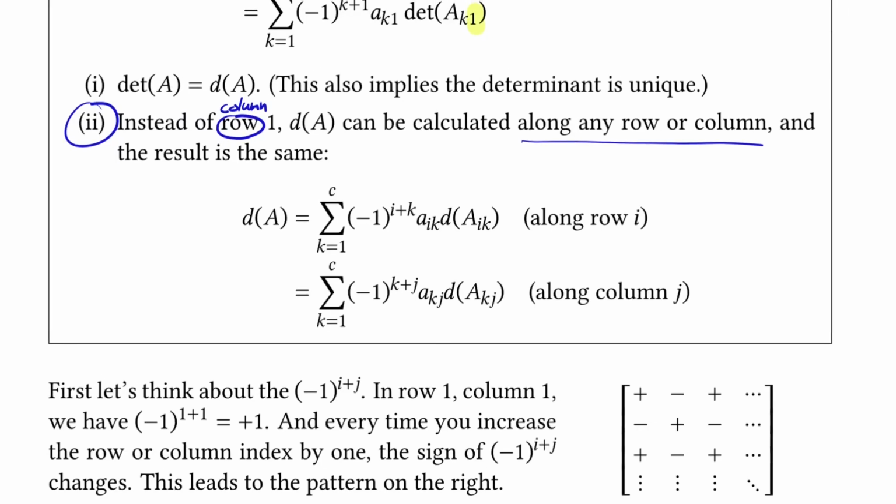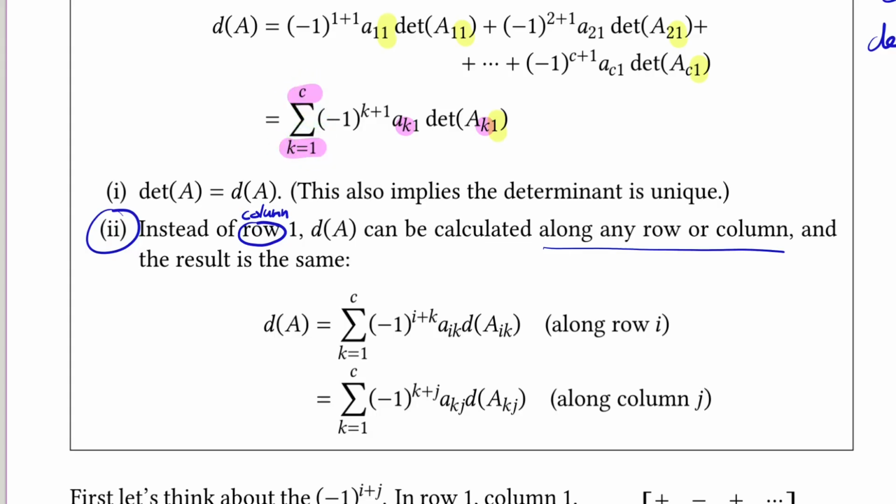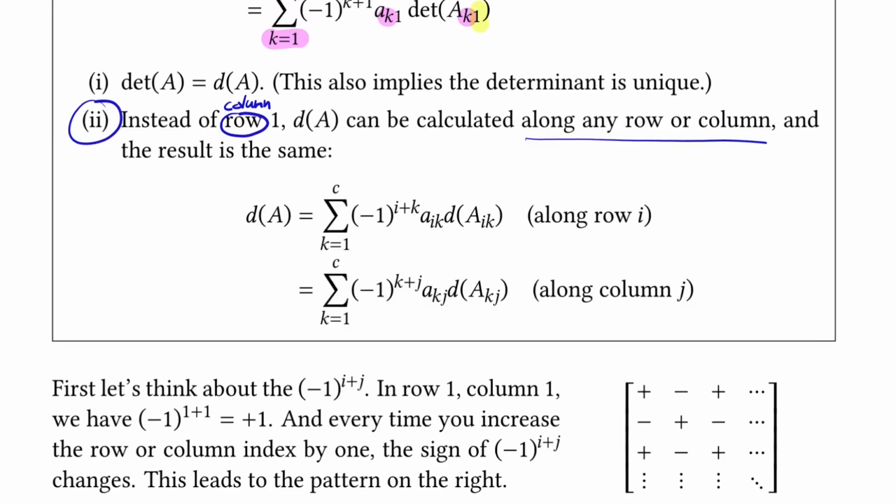Anyways, instead of along column 1, the determinant can be calculated along any row or column, and the result is the same. So instead of going down column 1, having the row number increase from 1 up to C, you can go along whatever row you want, like row I, and have the column number go from column 1 up to column C. It's just that you're always getting entries from that row and multiplying by negative 1 to the power I plus k. Same idea with